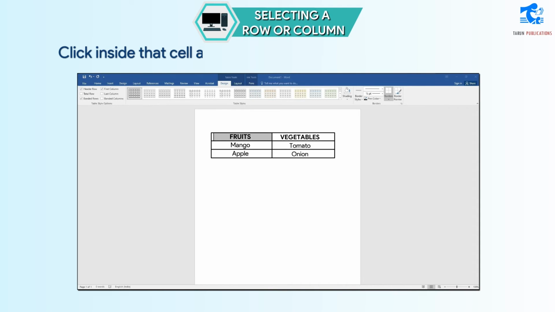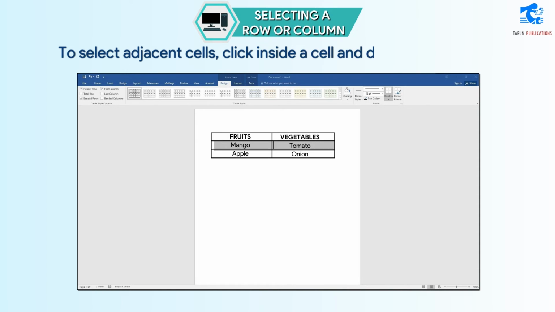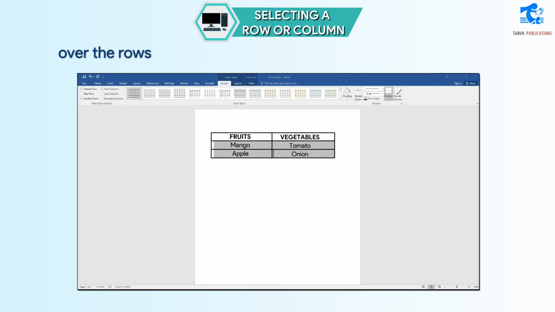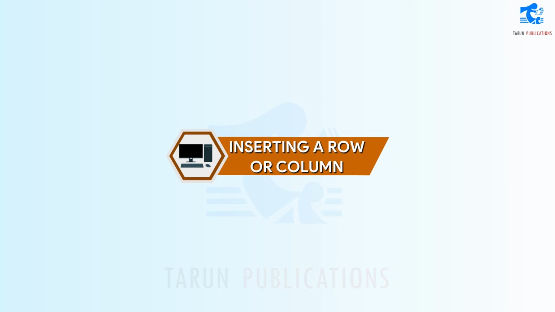Click inside that cell and drag the cursor downward till you have reached the last cell that you wanted to select. To select adjacent cells, click inside a cell and drag the mouse over the rows and columns that you want to select.